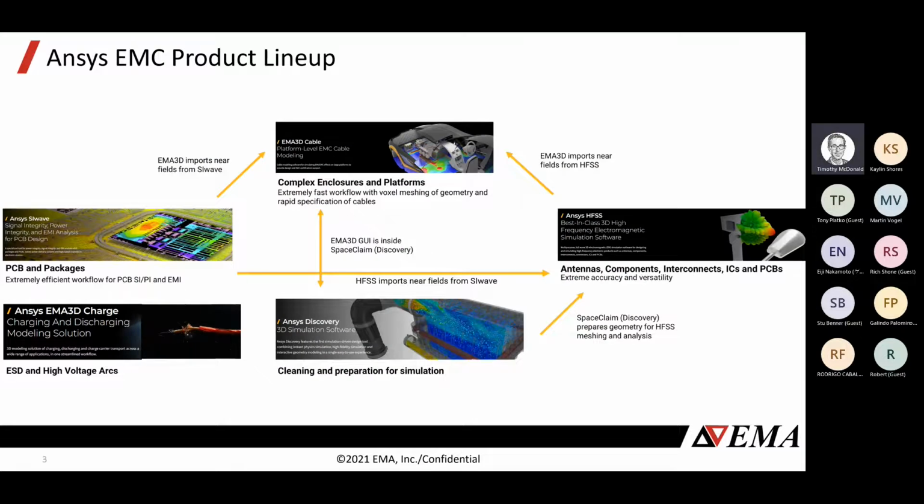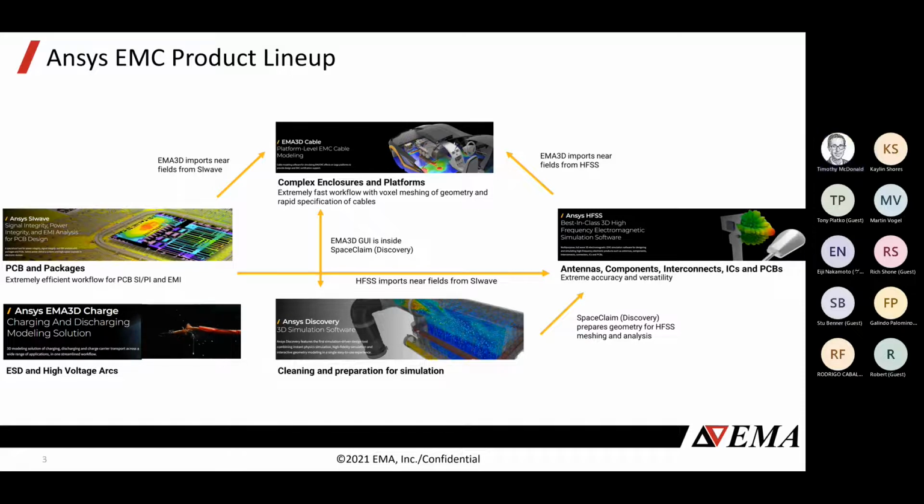Where does EMA3D cable fit with the other ANSYS electromagnetic products? ANSYS SI Wave is a tool for PCBs and packages. It's extremely efficient, very fast. By combining the ECAD, the electronic CAD for the PCB, with details of what the circuit and the components look like in a circuit model, engineers can quickly build up digital representations of their PCBs and packages and simulate them for signal integrity, power integrity, but also they can predict